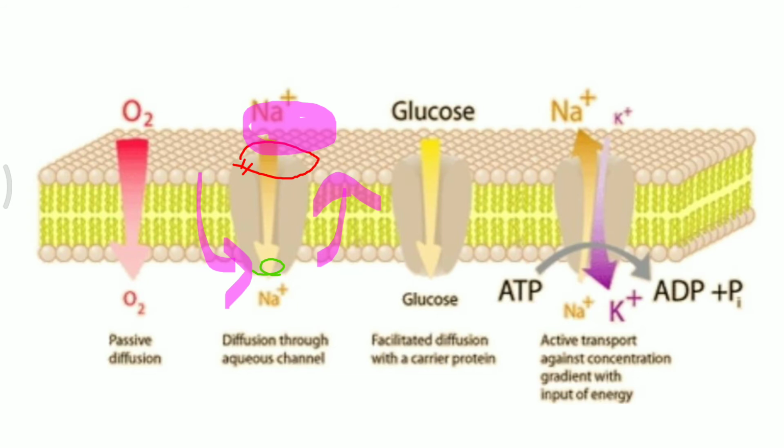What about active transport? Active transport is a process which utilizes energy. Because of the presence of energy, the movement can be from lower concentration to higher concentration, or it takes place against the membrane concentration gradient. And in active transport, there is no such requirement of a semi-permeable membrane. It can take place in any kind of situation, but most of the time active transport occurs in the case of, or there is a requirement of, a semi-permeable membrane.